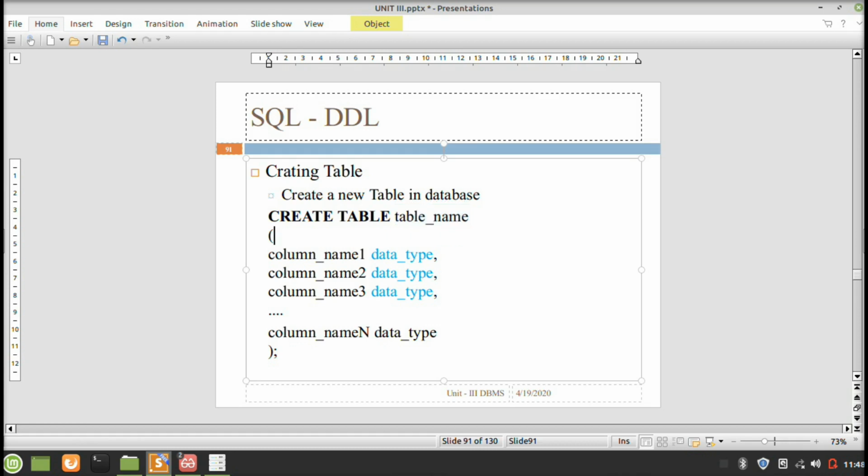Then we open a bracket and give the different columns or fields of the particular table, separated by commas, along with the data type. I already said that in structured query language there are different data types available: integer, date and time, and string. So for each field we have to give the data type of that field.